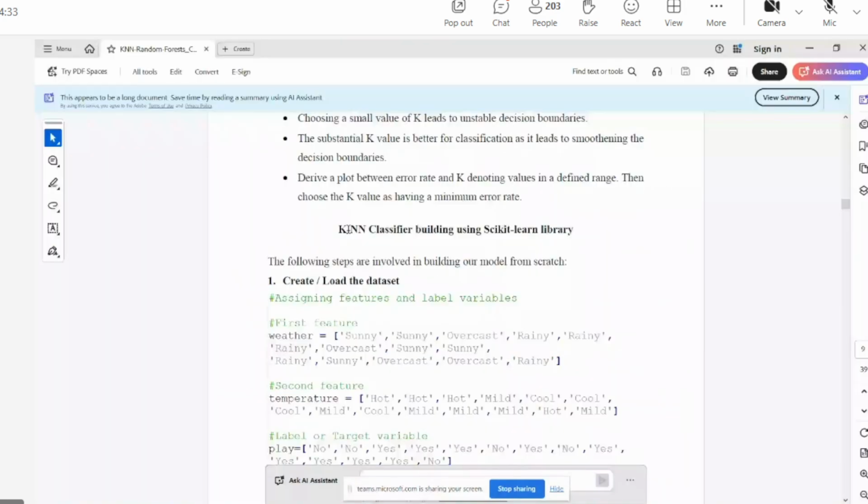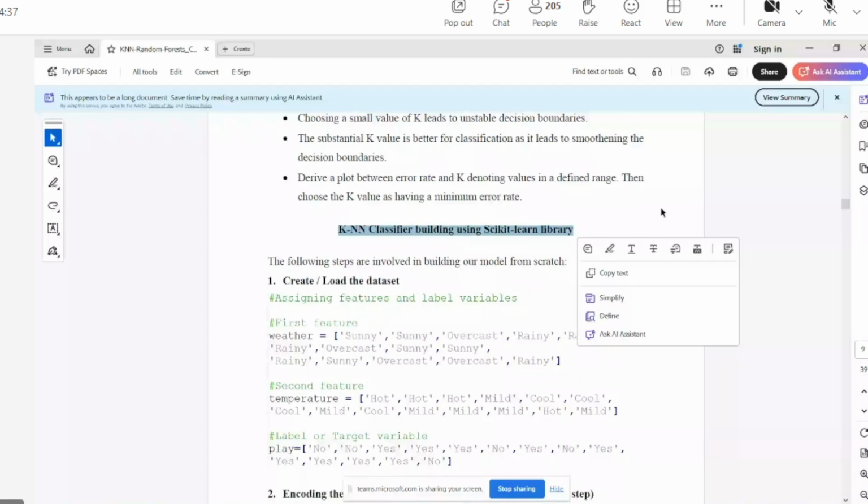You can see here we have a Python library called scikit-learn library. In shortcut, it is scikit-learn.